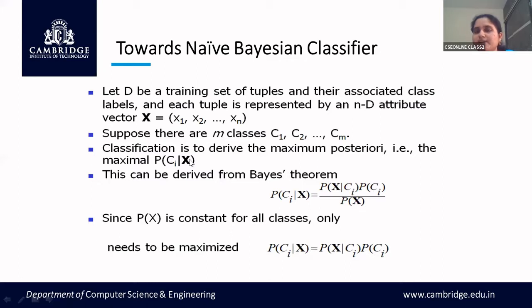From the test data set, you will not have any class associated with it. You will train the model with the data set which has class labels. Once the model is developed, you will randomly take one tuple from your test data set and check to which class that particular test instance belongs. So in order to identify the class label in your Bayesian classifier, we will be applying maximum posterior.